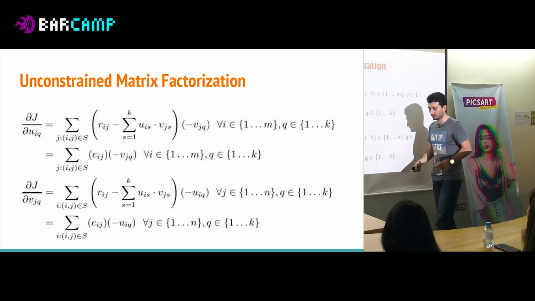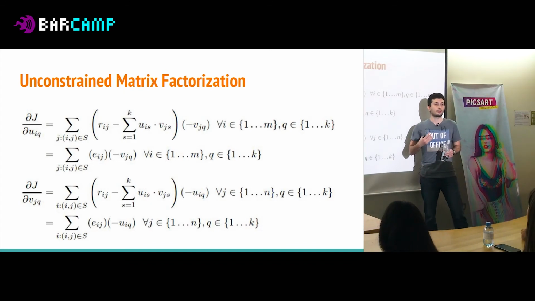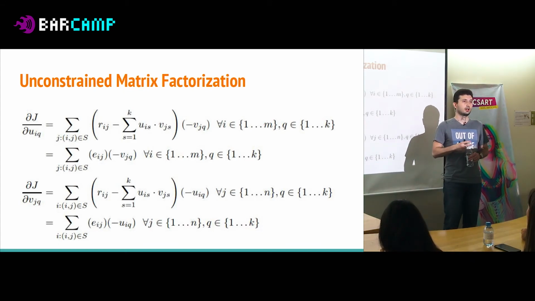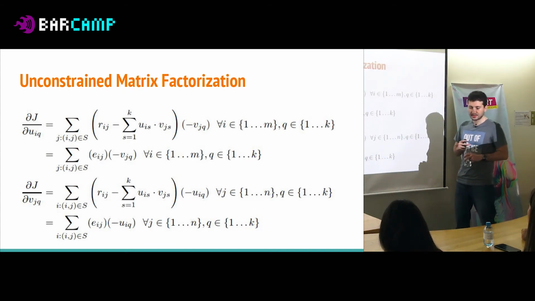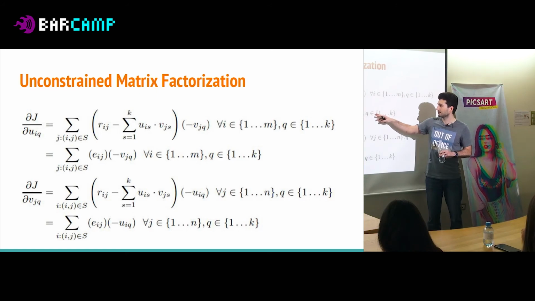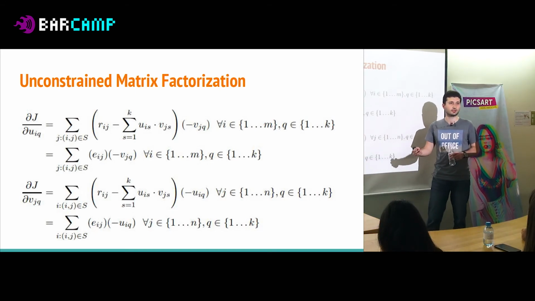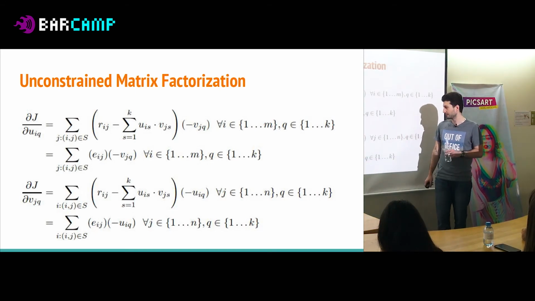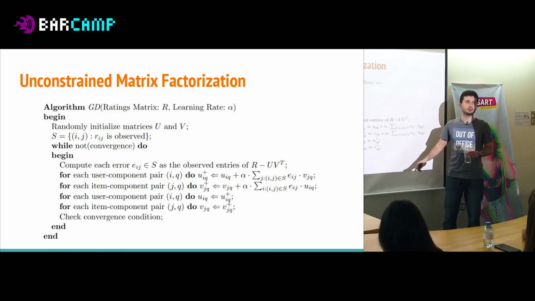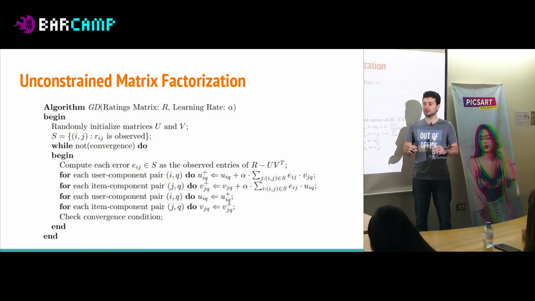We need to solve this to find the correct values for our matrices U and V by an optimization approach, which would imply that we need partial derivatives of our loss with respect to components of user and item latent factors, which again is just a result of differentiation. This should be familiar to everybody who learned how gradient descent works for the case of linear regression. This is the algorithm, again the most popular optimization algorithm in machine learning, gradient descent.